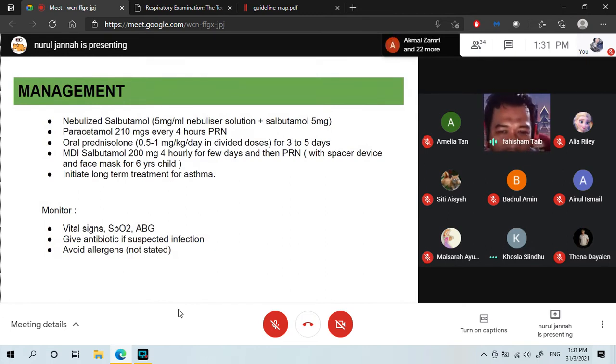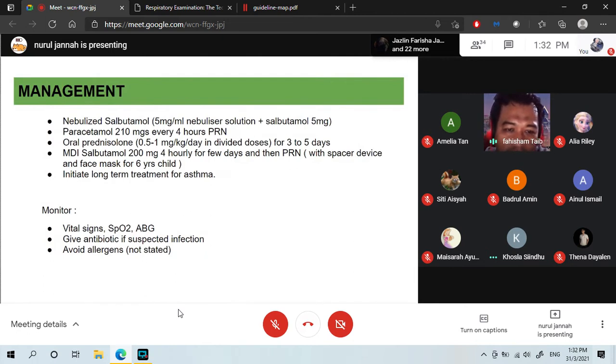If you want to give an inhaler, I would agree with you. If it's tachypneic, then I would agree you can use a nebulizer. But if it's not tachypneic, it's just coughing, then yes, the airway is swelling, and there's some element of bronchoconstriction. So steroid, I think, is acceptable. Paracetamol, okay, maybe because of fever. Inhaler, yeah, I think that's acceptable. And nebulizer, maybe not, because you told me in the vital signs earlier on, there was no tachypnea. It's only 24. So there's no point in doing so.